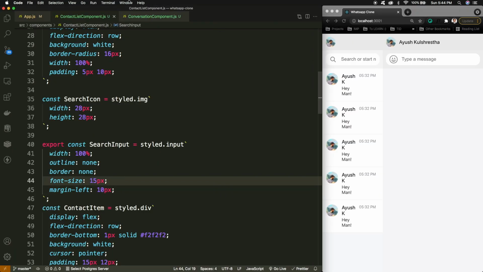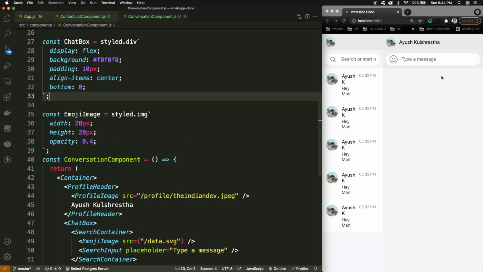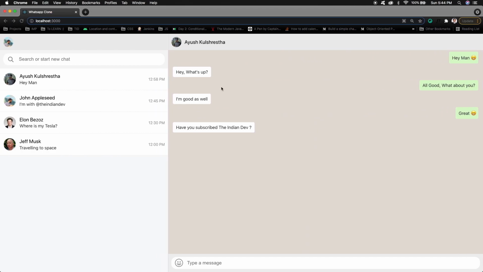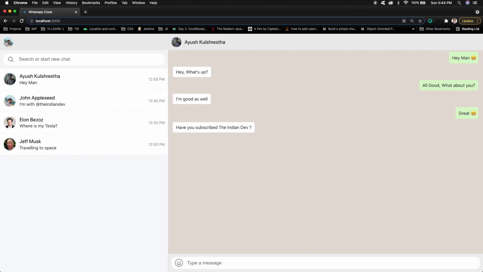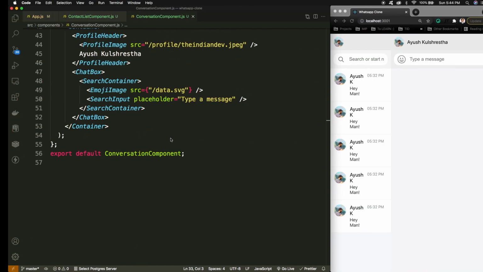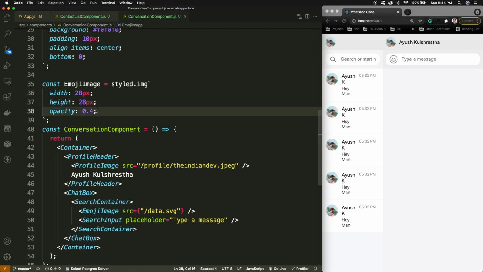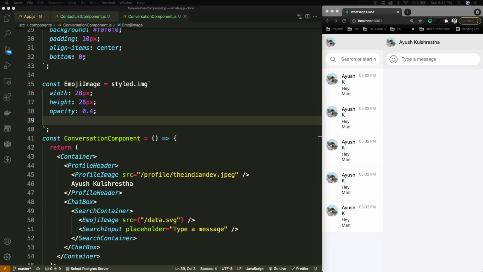The margin is pretty fine. Now I can go back to this part, and now we are having this as well. And now we can work on the message component, or we can say the message list. We will make it functional as well. The emoji image, I can add the property as cursor pointer so that it looks like it is clickable.